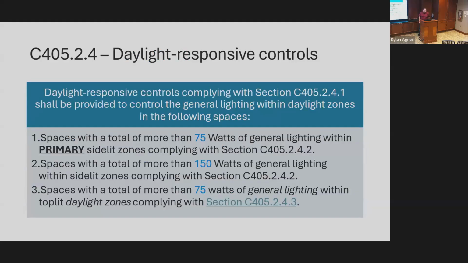Daylight responsive controls. I'd like to apologize to everyone about this section. I did not write it. Please don't kill the messenger. Okay. From my interactions with daylighting on projects, I know a lot of people are not going to